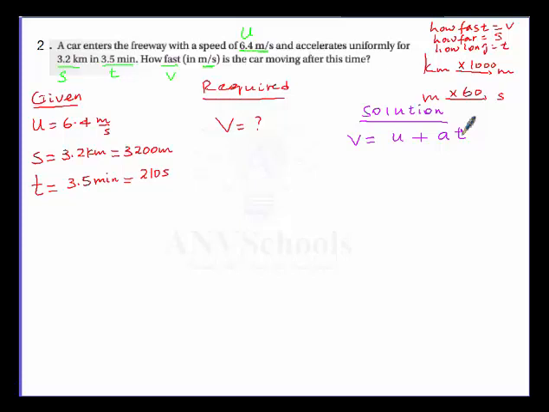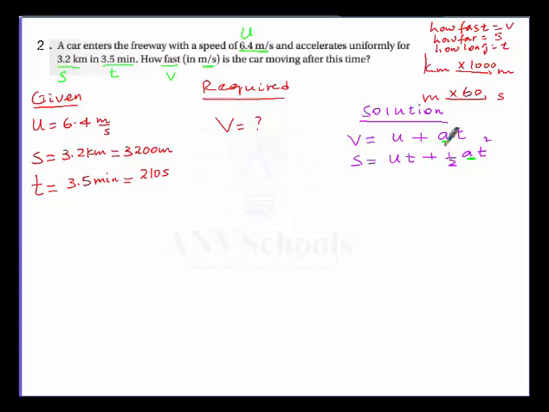What about if I use distance? I can also use the formula distance is equal to initial speed times t plus 1 over 2 at square. T is given, U is given, but we don't know A. So in both cases, we have to find the value of acceleration first,